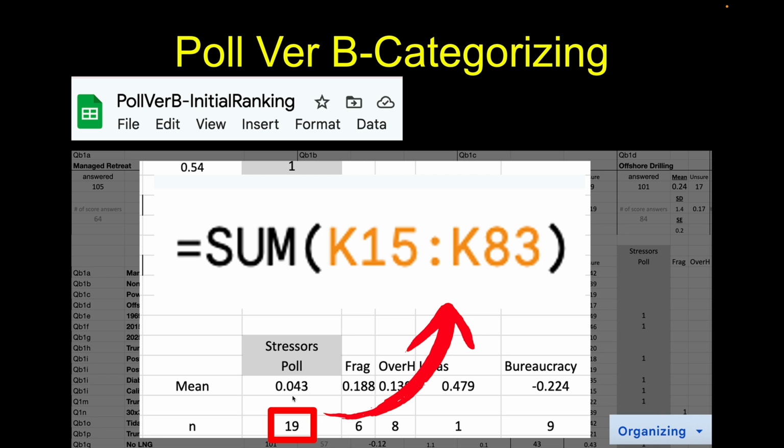And the sample size, the count, the number of things that we averaged was pretty large. There were like 19 of our questions that fell into the